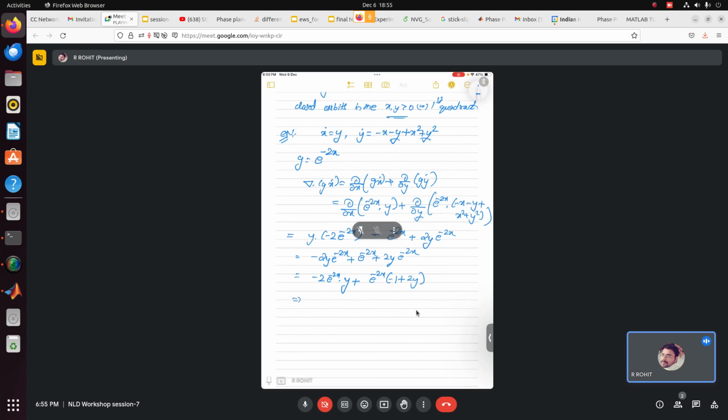So if you add it up, you will see that you are left with only minus e to the power minus 2x. So you can just cancel out here itself. So this means for x greater than 0 or x less than 0 also, we can see that this term is always negative. So this satisfies the Dulac criterion